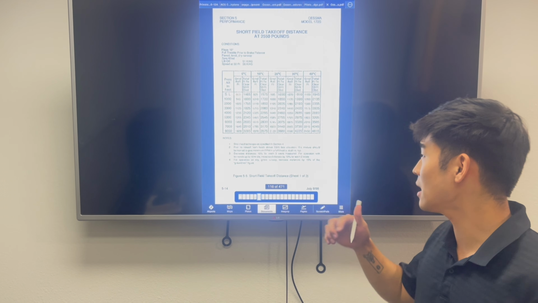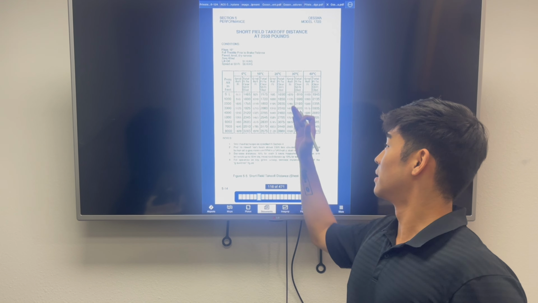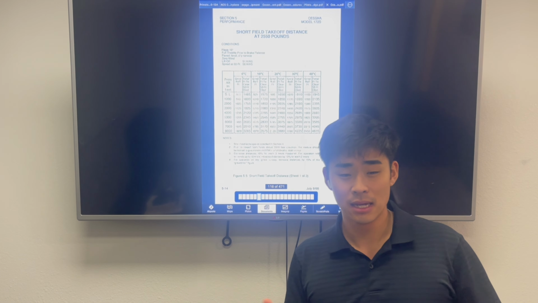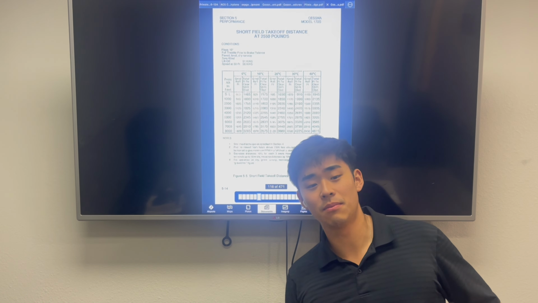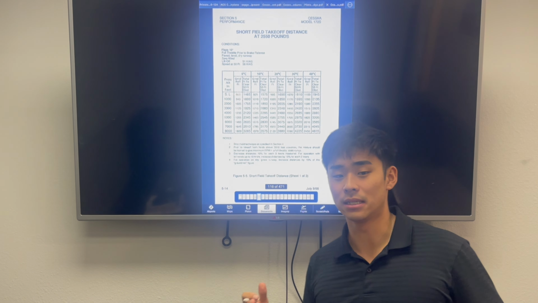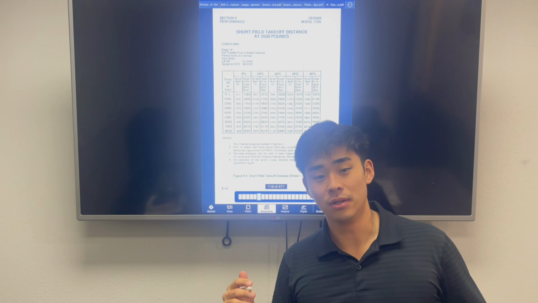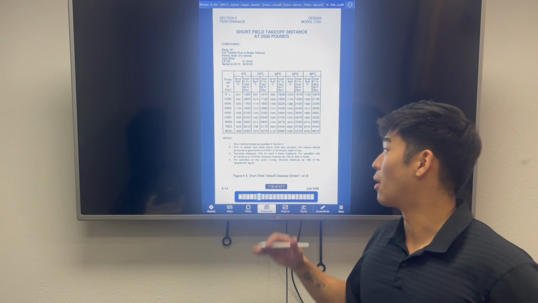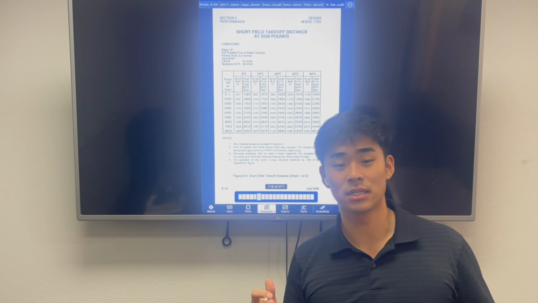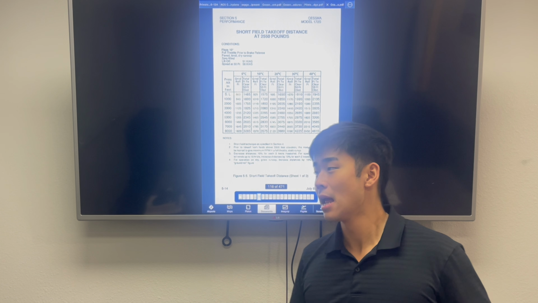As you can notice, these tables don't factor in humidity. That's because humidity has the least amount of impact on our density altitude. However, the FAA safety brochure on density altitude recommends that we increase our distances by 10% if we're in a very humid environment, and that we have